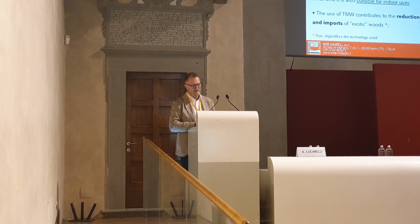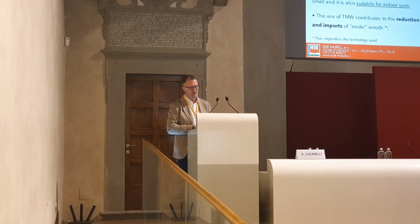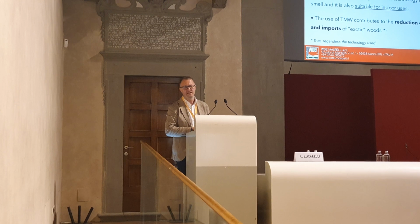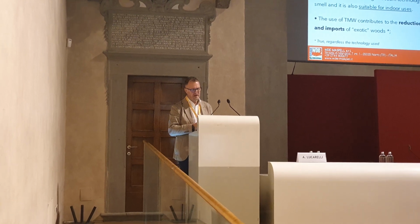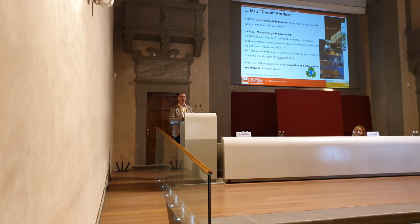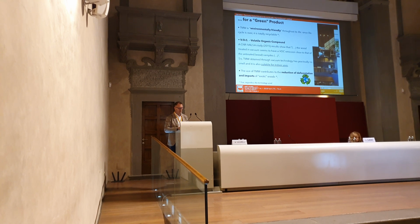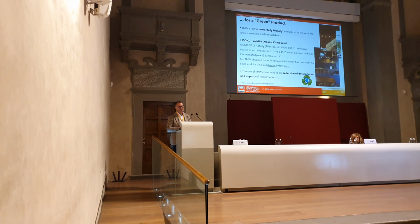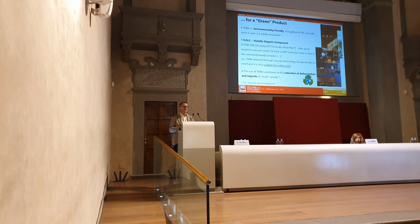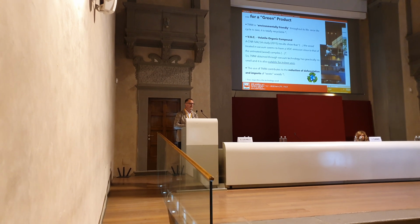Then the volatile organic compounds showed a very nice peculiarity. According to a CMR study in 2015, the volatile organic compound emissions are close to the ones of the non-treated, non-thermally modified wood, so the dried one. Which means that the thermally modified wood obtained with our technology is also very suitable for indoor application because it